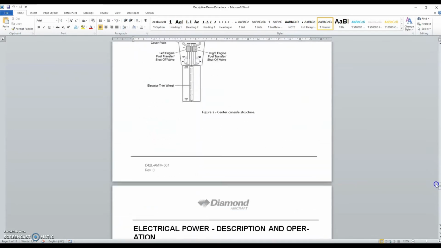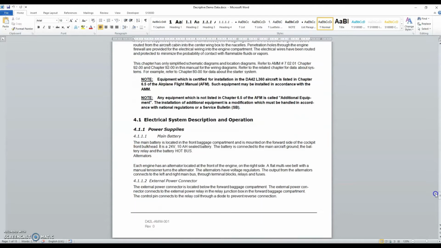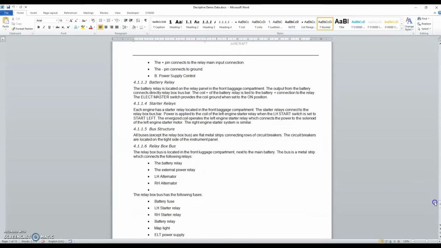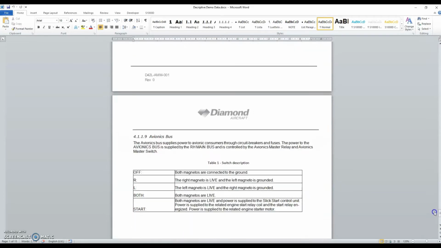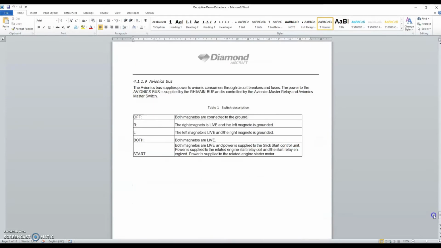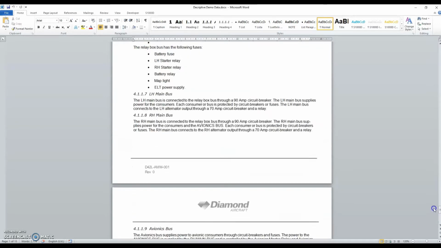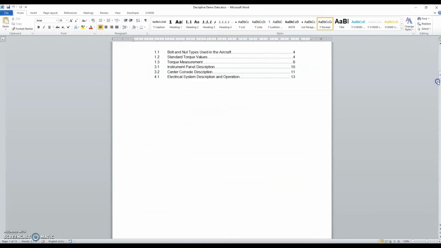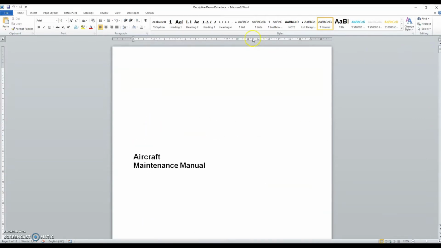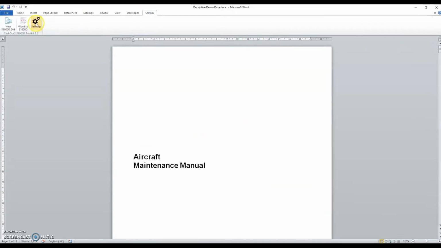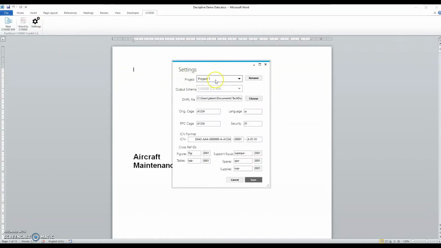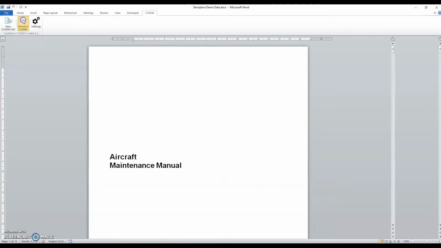So as you can see, what we've got here is a fairly standard looking manual. I'm going to be using descriptive data for this demonstration, but it works in a very similar manner for procedural data too, and I'll do another video on procedural data, but for now these 15 pages are just descriptive. So what I'm going to do, we just configure some settings here which we only need to do once, and